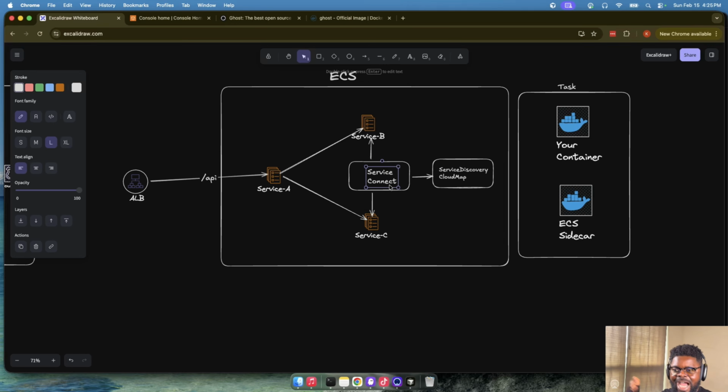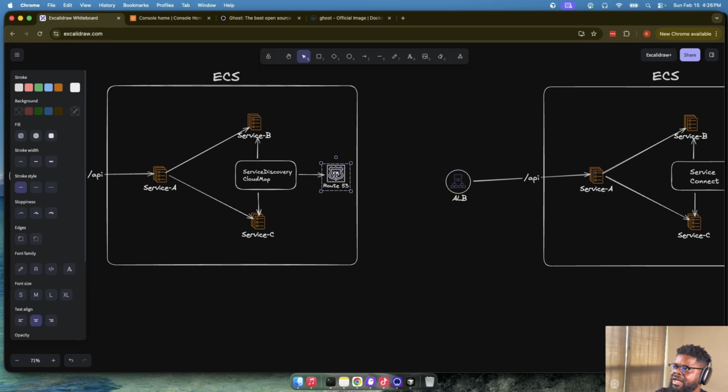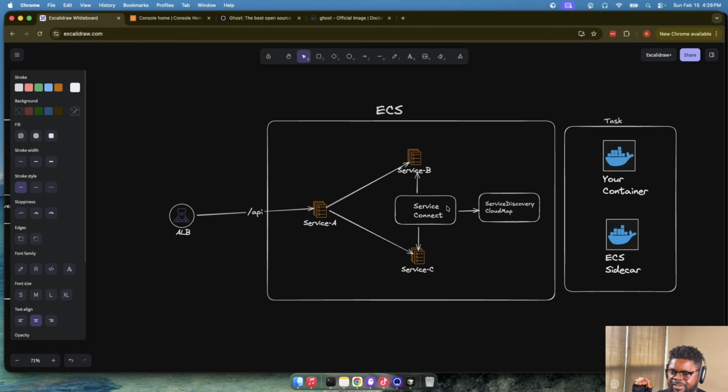Remember, we're still trying to talk about how multiple services connect to each other once you launch them in ECS. And we've talked about the three options. You can use a load balancer to do the service discovery. You can also use service discovery with Cloud Map. In this case, it's going to use Route 53, and then you can also use Service Connect itself, which is